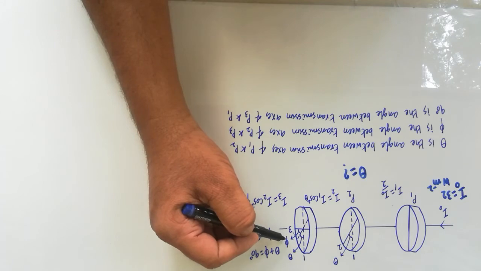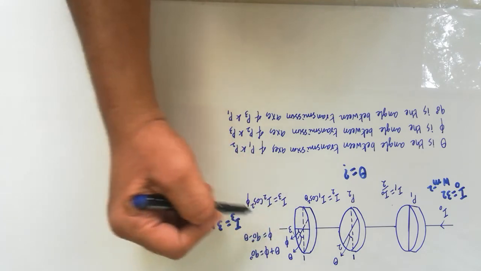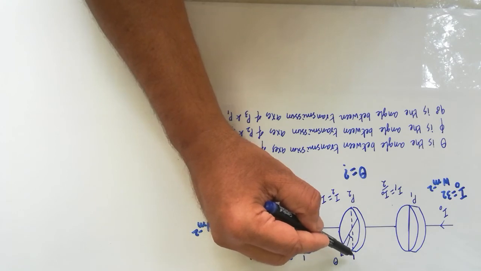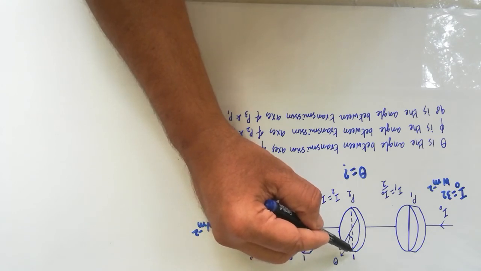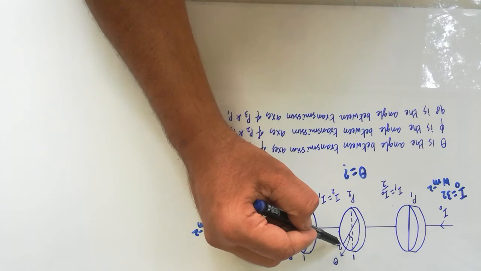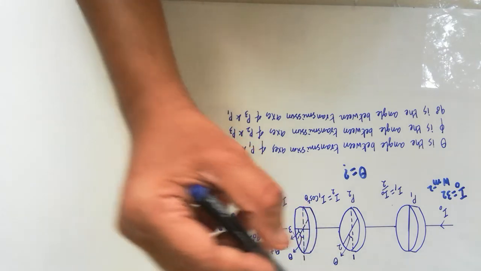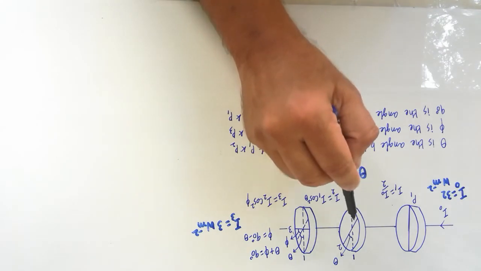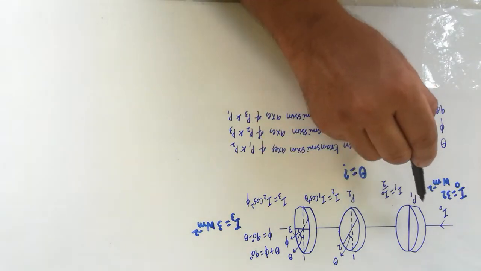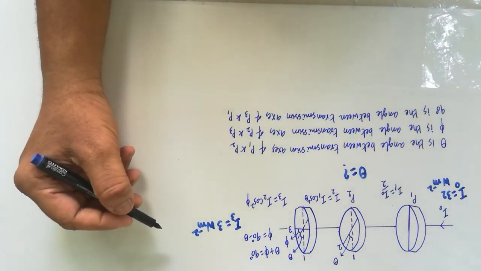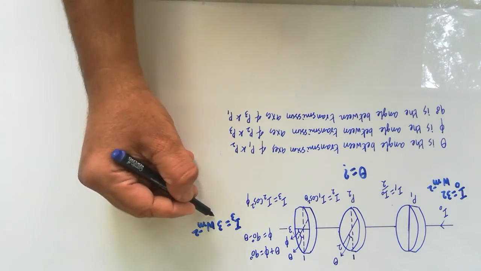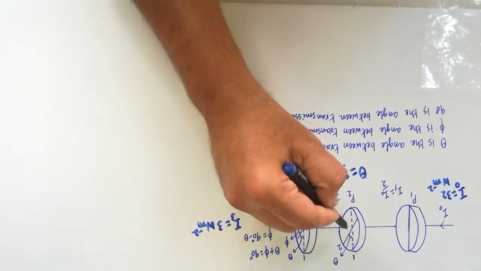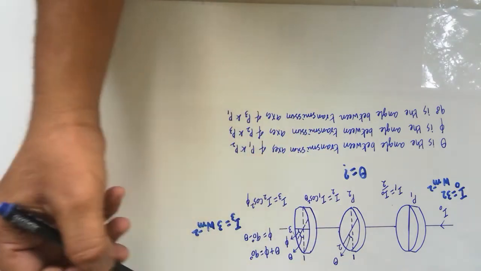With the help of pi and other values, you are asked to calculate the angle theta between the transmission axis of the first Polaroid and the second Polaroid. Are you clear? The second Polaroid is kept in between the first Polaroid and the third Polaroid. So to create this much intensity, at what angle should the second Polaroid be rotated? That is the question here.